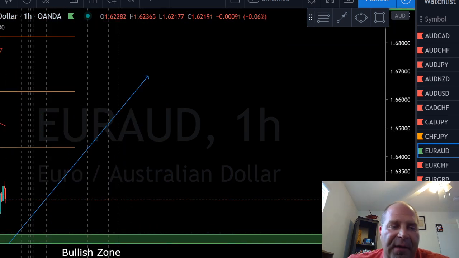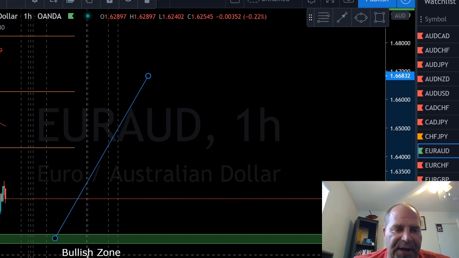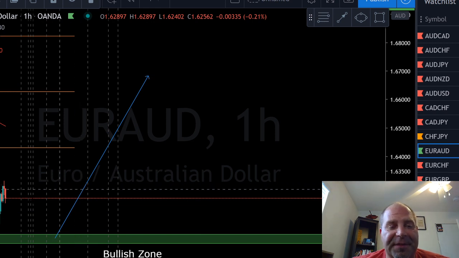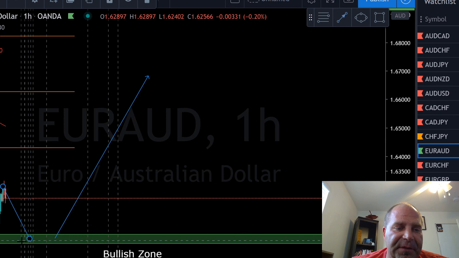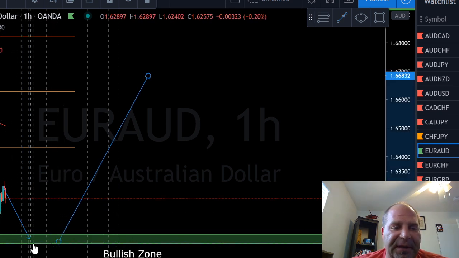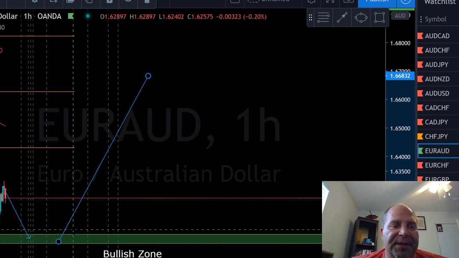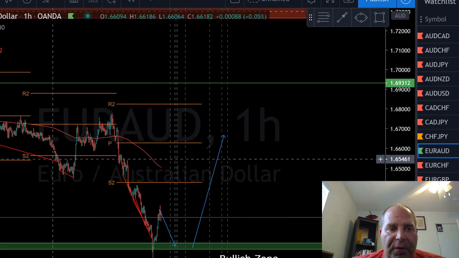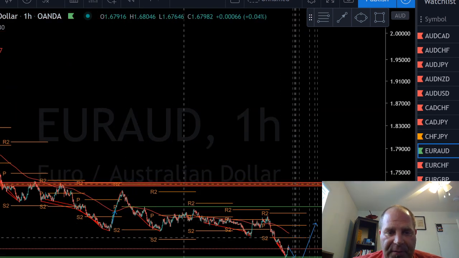So guys, now what I'm going to wait for, because I did not enter this trade because it kicked me in the balls this week already, I'm going to wait for price to come back down to this range, show some signs of respecting this support again, and just keep taking buy trades off of this bottom until we get a decent pullback up to this range. Now, I think we're going to come back up into possibly